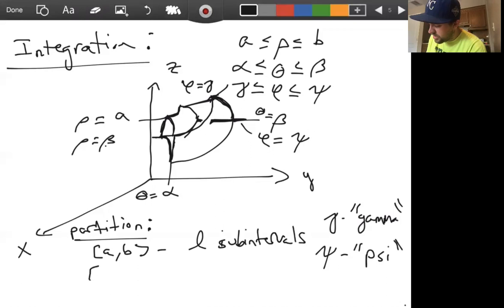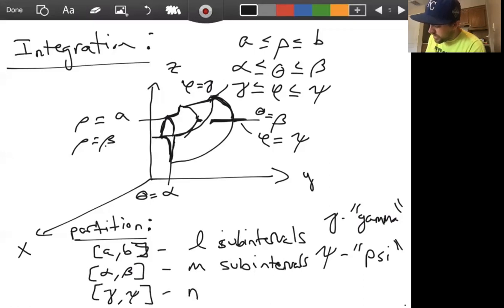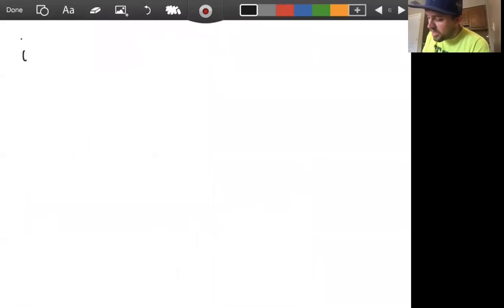Let's partition alpha beta into M subintervals. And then let's partition gamma psi into N subintervals. Right? And so the ith, or the ij kth